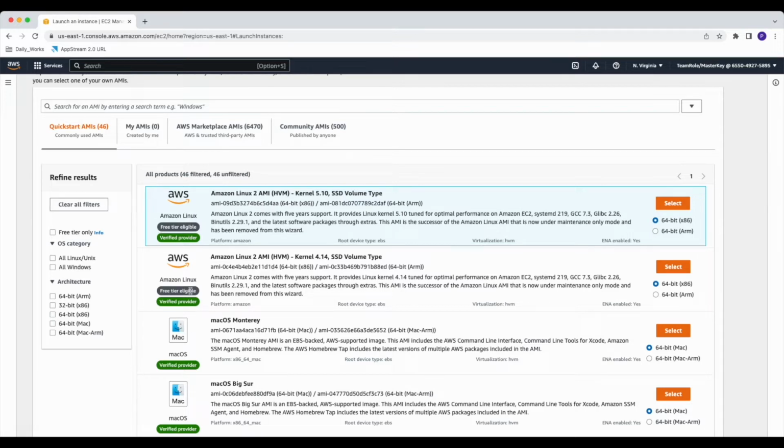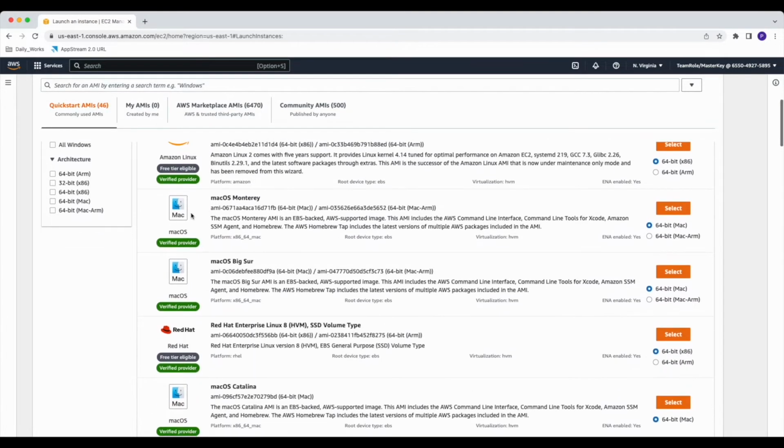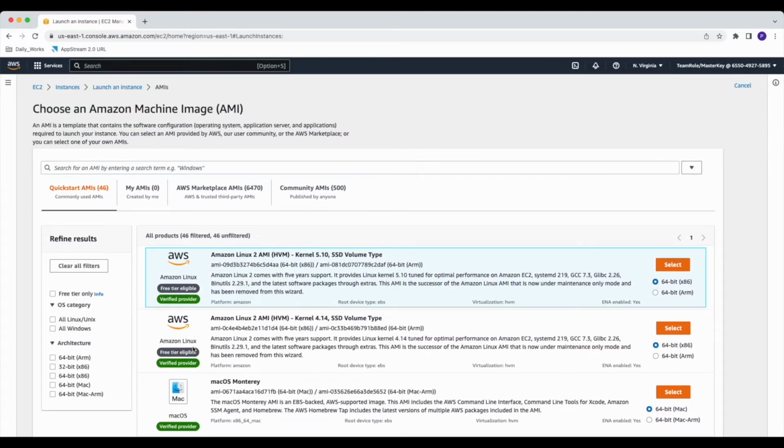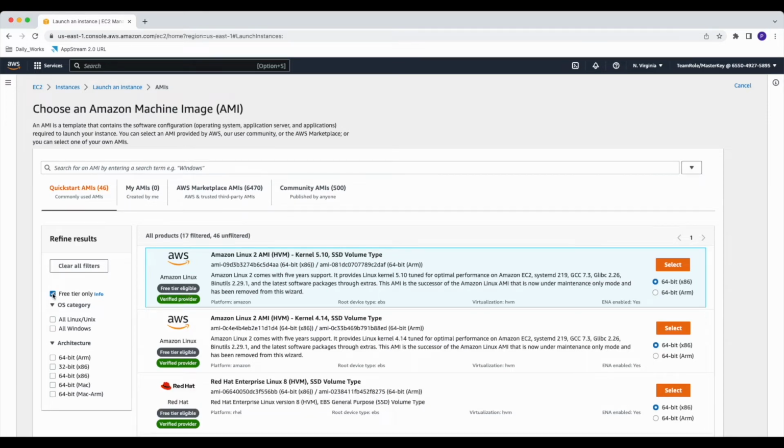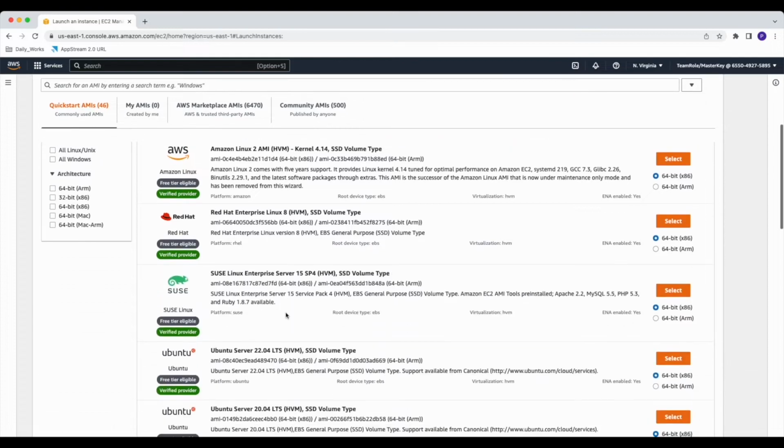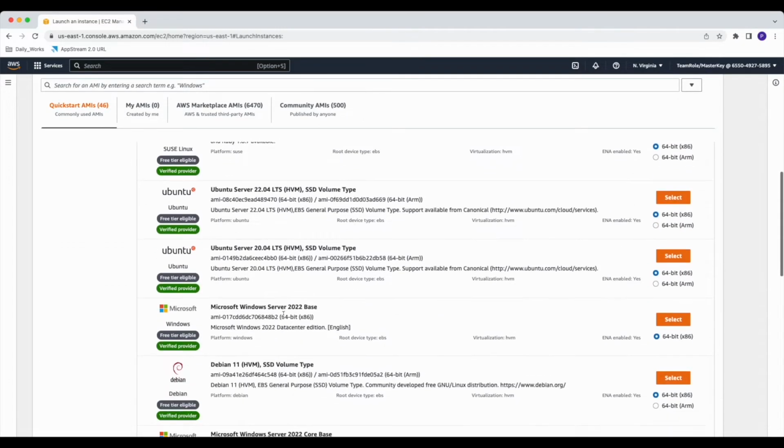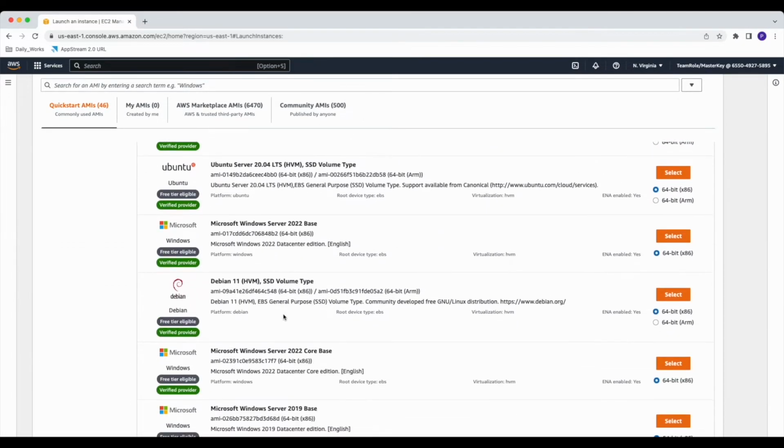You will get 750 hours under EC2 free tier eligibility, and only a couple of EC2 instance AMIs are available, like Amazon Linux 2 is free tier eligible, Mac is not, Red Hat is free tier eligible. Now if you do not want to spend money here, if you are just doing this for testing, please select free tier only, and it will filter out the list and give you only those AMIs eligible for free